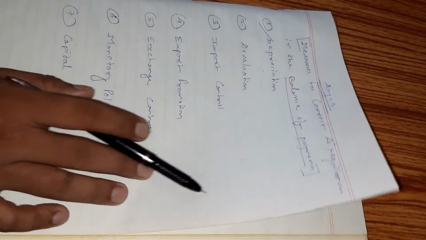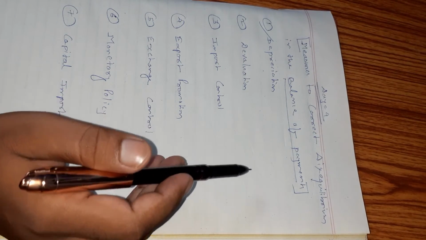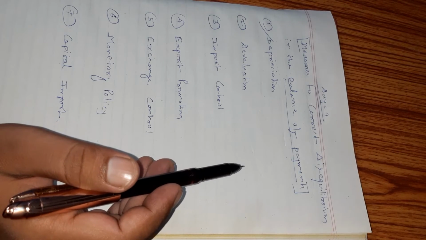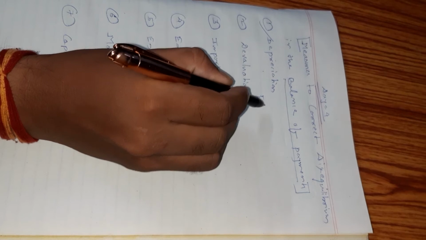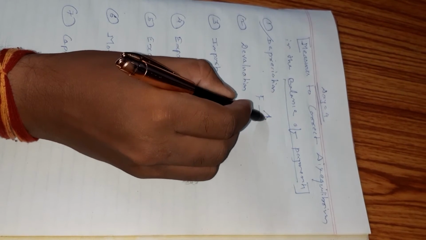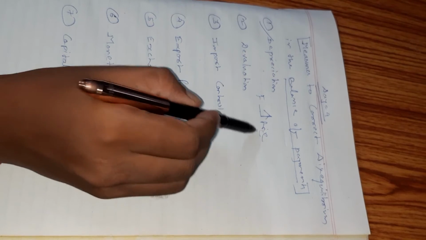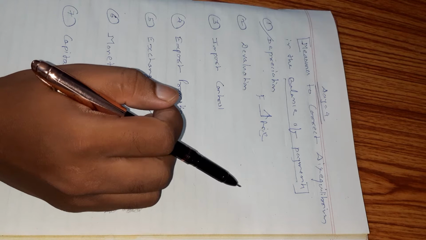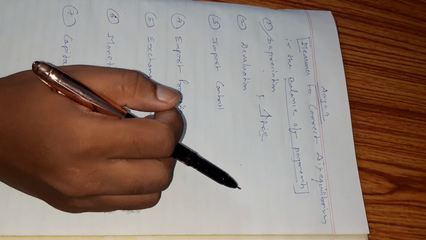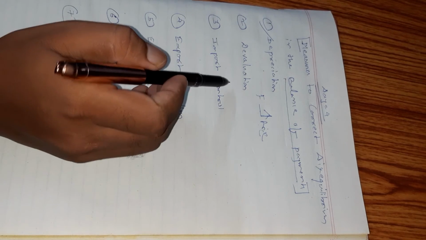So try to understand what is depreciation. We know very well depreciation of the currency means a rise in the price of foreign currency. Rise in the price of foreign currency. Clear? Its price will rise. Or which is the same thing, a fall in the price of domestic currency. This is called depreciation.